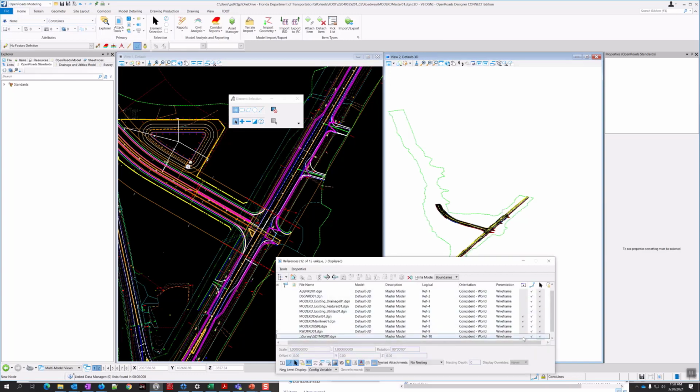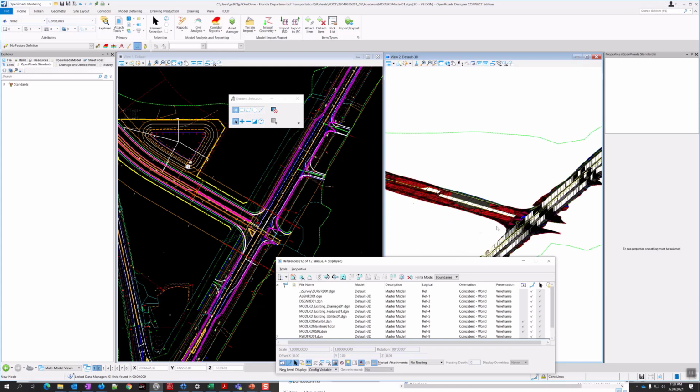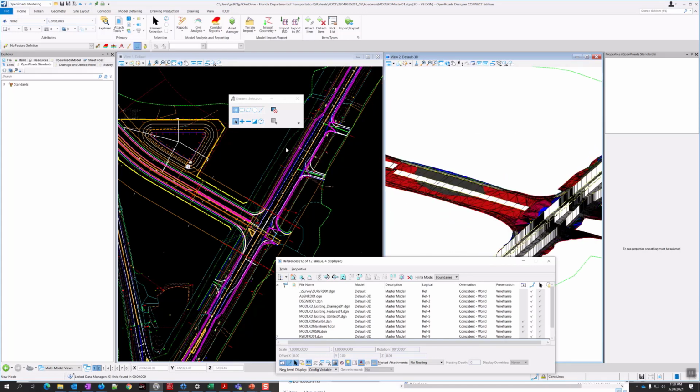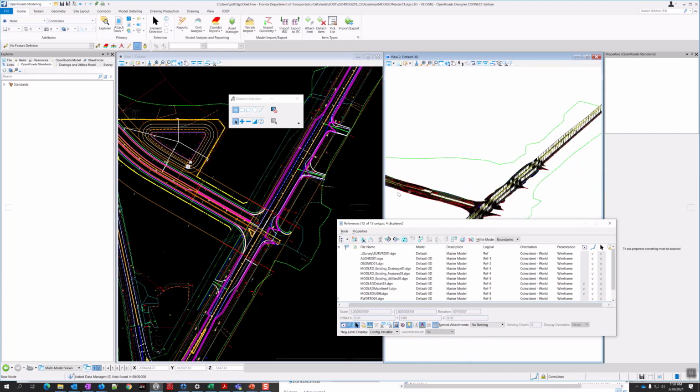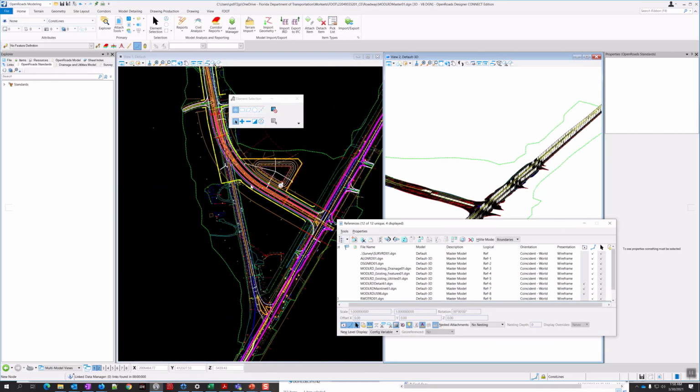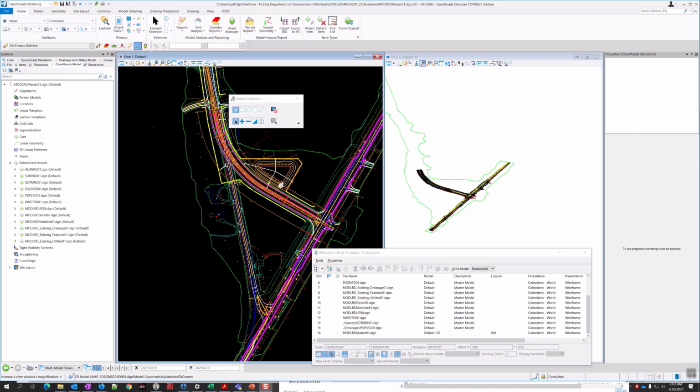There we go. There it is. Alright, so I can see the boundary at least for it. I've got my models, I've got the earthwork surfaces. We're not really concerned with the earthwork meshes, we're just concerned with the surfaces.